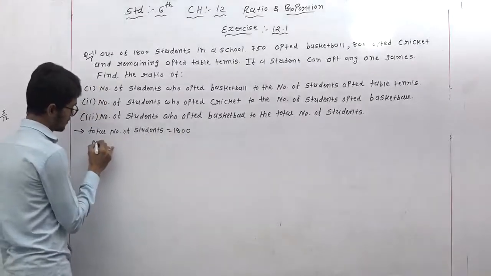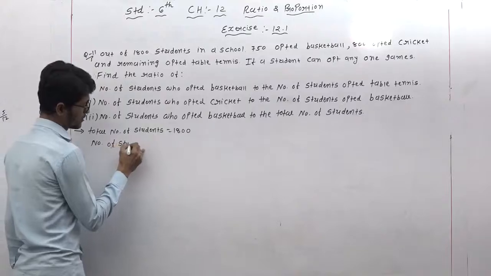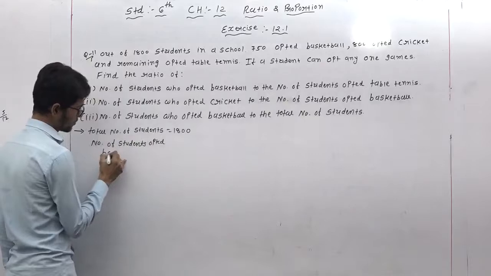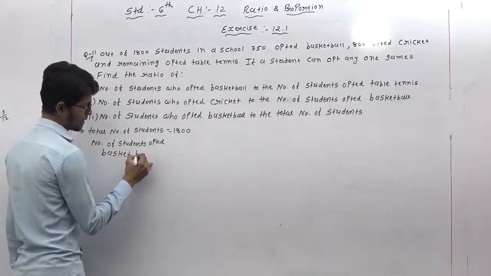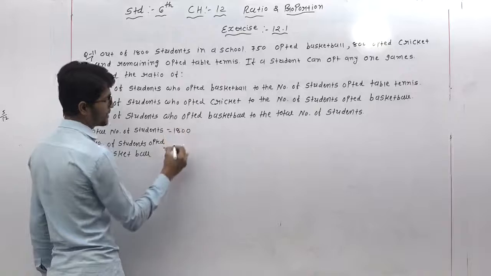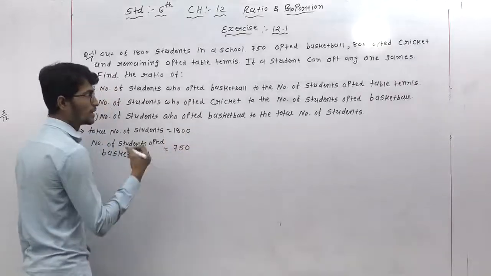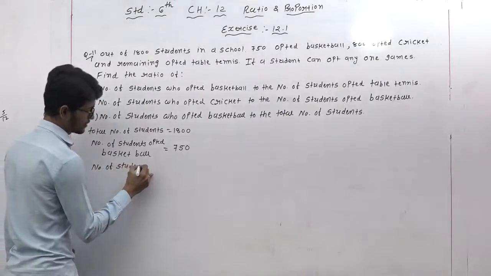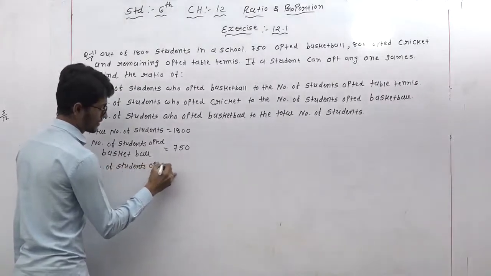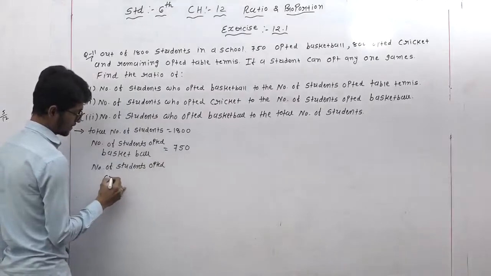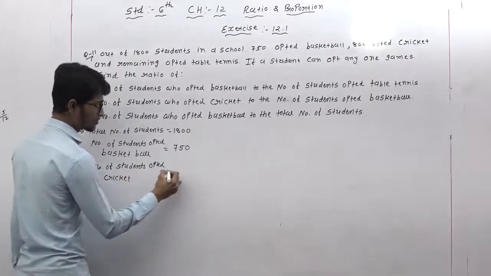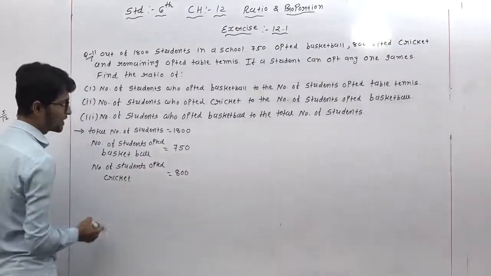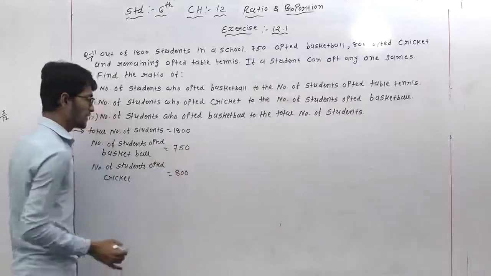So number of students opted basketball is equal to how many? 750. Then after, number of students opted cricket, how many students? 800. And the remaining students opted by table tennis, so remaining, so total 1800 and remaining, yani ki